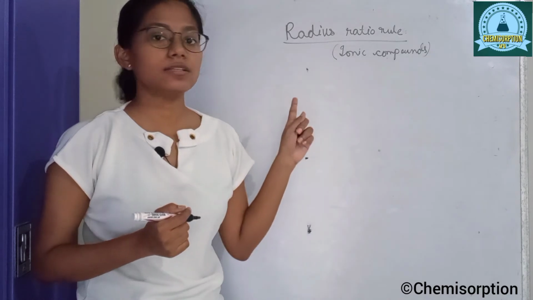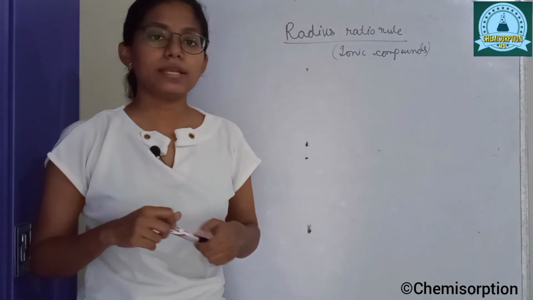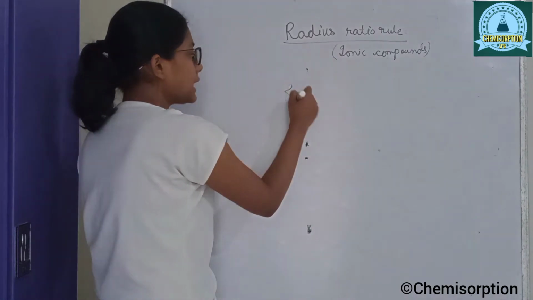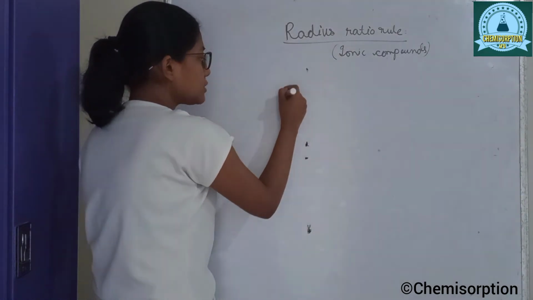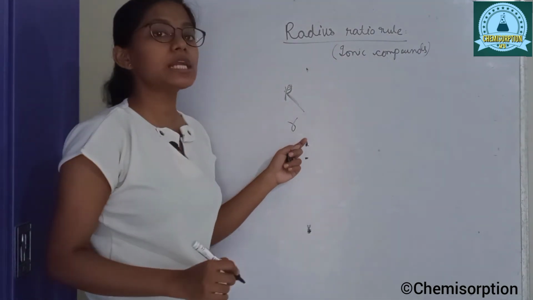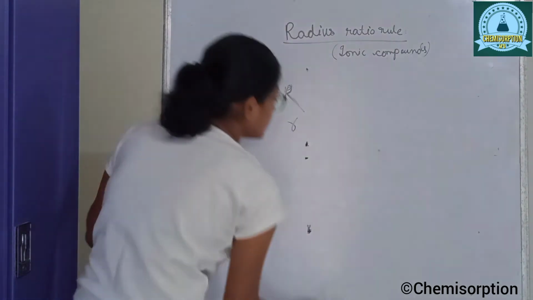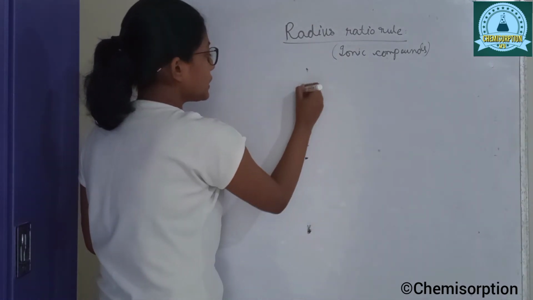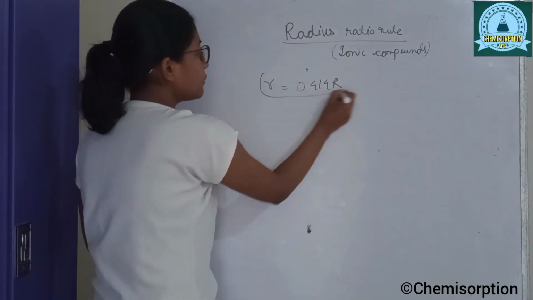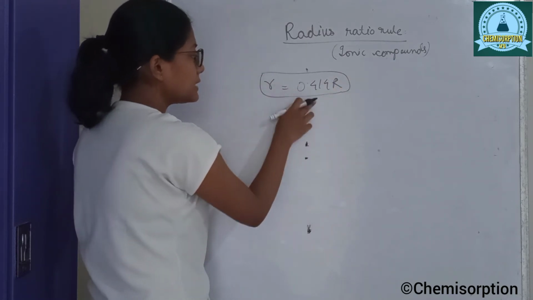Now we will see the radius ratio rule. So this is found in case of ionic compounds. So till now we know that if capital R is the radius of sphere forming one void, and if small r is the radius of that void, then there is a certain relation between these two terms. For example, for tetrahedral void it is 0.225 R. For octahedral void, the radius of the void is 0.414 times the sphere forming this octahedral void.